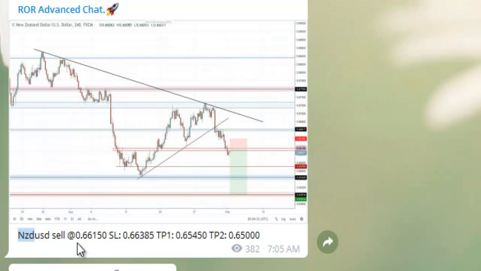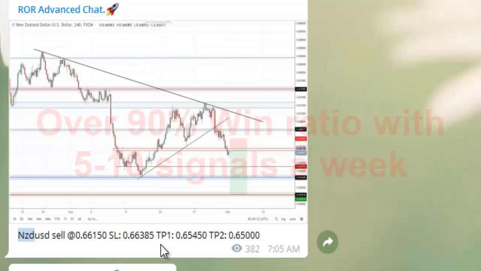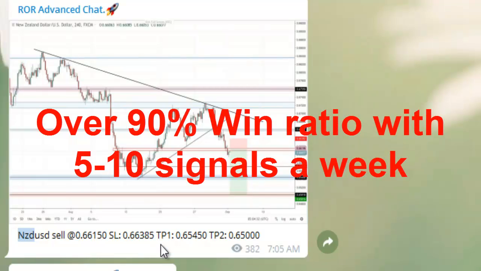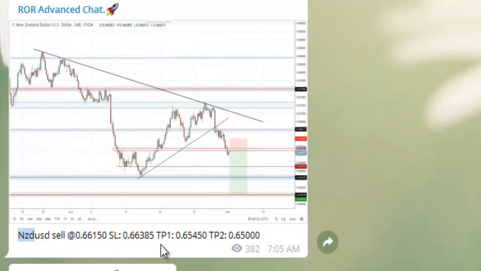So basically all you have to do is log into the MetaTrader app and take these trades as you're instructed, right? And then just wait for it to either hit the stop loss if it's a loss, or hit the take profit. But over 90% of these signals actually work most of the time. So it's either you break even or you take profit, right? And losses are really unseen, really minimal with this signal.